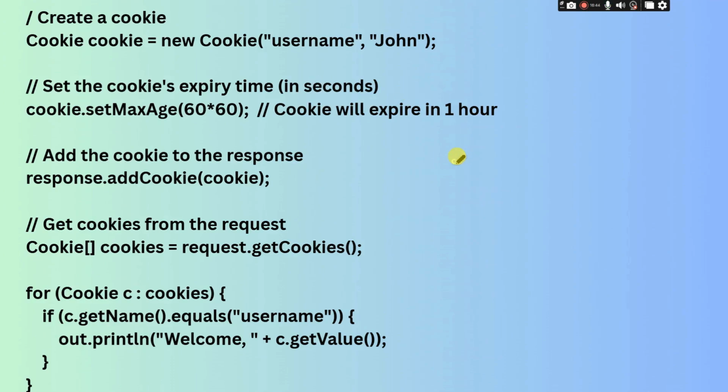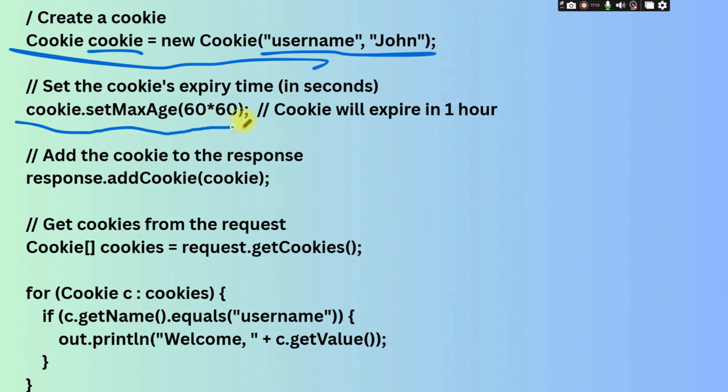This is a simple Java program where we write code to add the cookie value on the client side. See here, Cookie is a class, so an object is created: new Cookie username comma John. So username is John. I'm attaching the respective information about the client in order to add the session ID as a cookie value on my client side. I'm setting the expiry time for this cookie as 60 times 60,